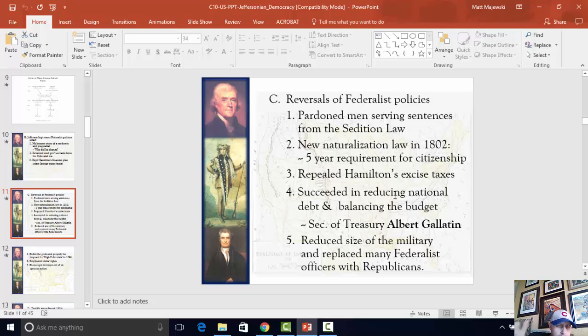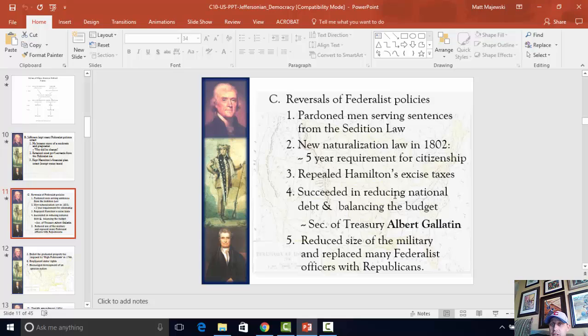Remember, Democratic Republicans believed that a peacetime military was just going to be sitting around and eventually would be used by government against the people to abuse their rights. So, hey, let's reduce the size of that military, Jefferson says. We'll also cut costs and reduce our national debt. Please also remember, Jefferson believed that the national debt was a burden. And so, these are things that he wants to see taking place, all right?